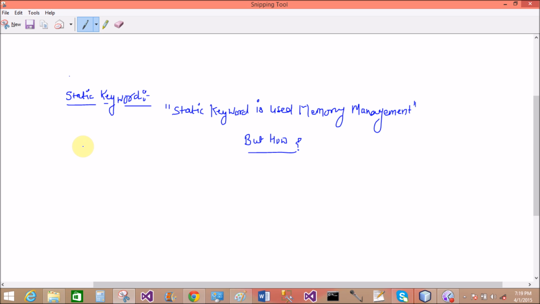But how is the static keyword used for memory management? Suppose you want to create an application for your college, and in this application you want to save your student data. Then what data do you want to save, like the student name, college name, roll numbers, etc. If you want to save 1000 students in your database,